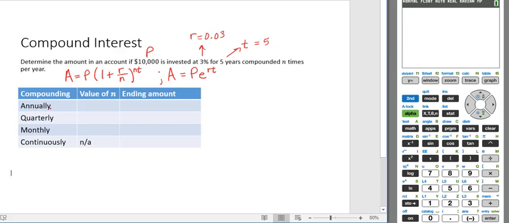To compound annually, n is equal to 1, right? It's just going to find interest one time a year. Quarterly, that would be 4 times a year, so n is 4. And monthly, n would be 12. If it's compounded continuously, we can't represent that with the value n, so we're going to use a continuous compound interest formula. So for the other three, we're going to use the compound interest formula, where A is equal to 10,000